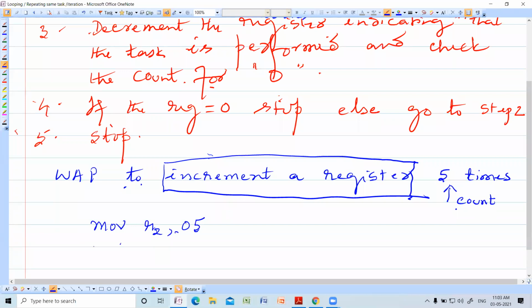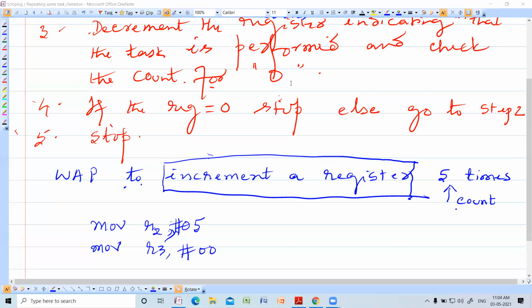Okay. Now I have to increment some register. So that register I will have R3. I will initialize that with 0. So here also I should have hash. So how many times should I increment?